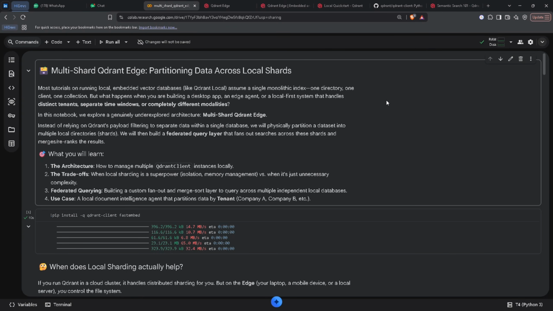Hello everyone. In today's video, we will be looking at how multi-edge shards work using Qdrant Edge, partitioning data across local shards. Here the thing is, if you had not watched previous videos of how we use Qdrant Edge on a local